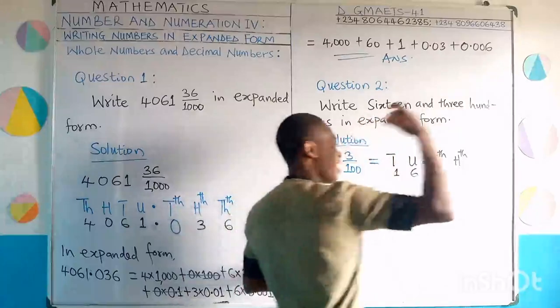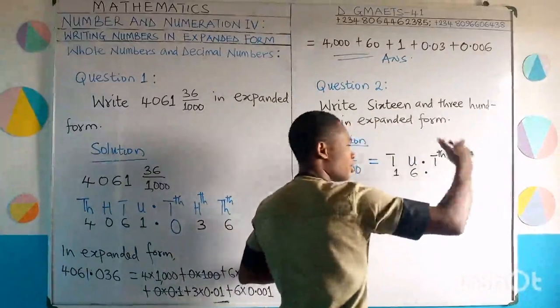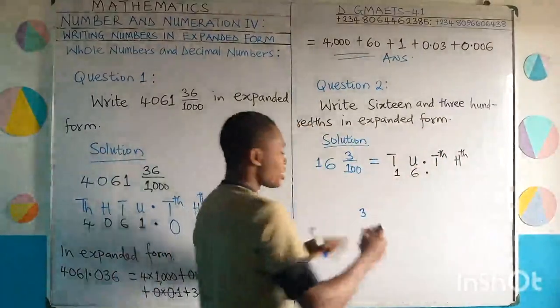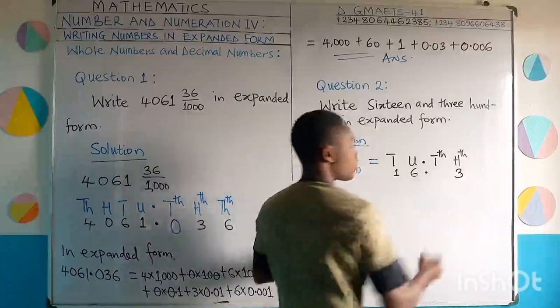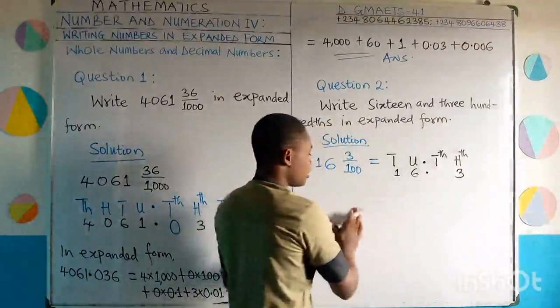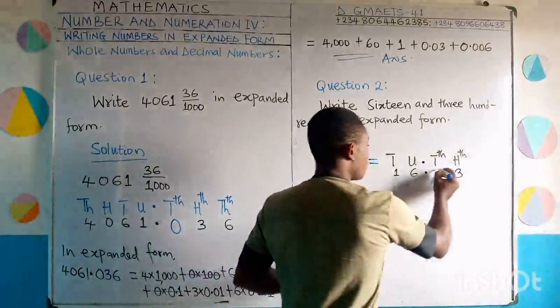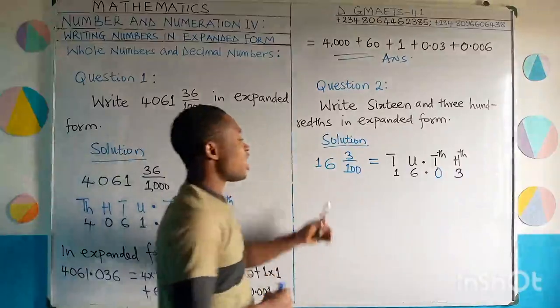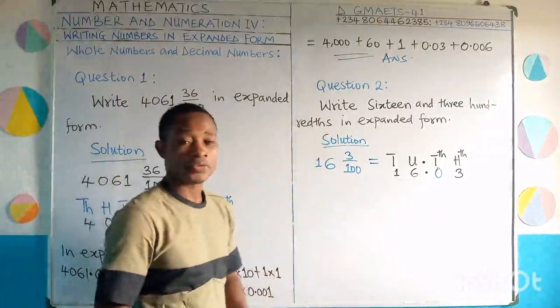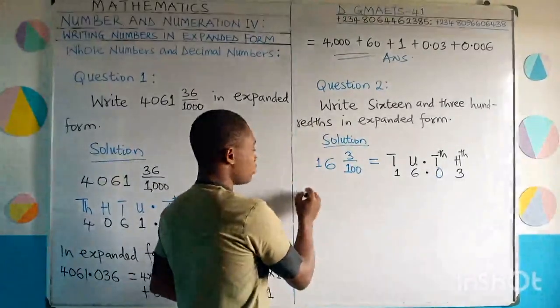Fill from the smallest decimal place value on the right. That's where you start from, coming this way. So the 3 will go under hundredths. Now there is no other digit. Therefore, this tenths place is empty. It means you are going to fill the tenths with what? 0. It means that 16 and 3 hundredths is written as 16.03. Now in expanded form,